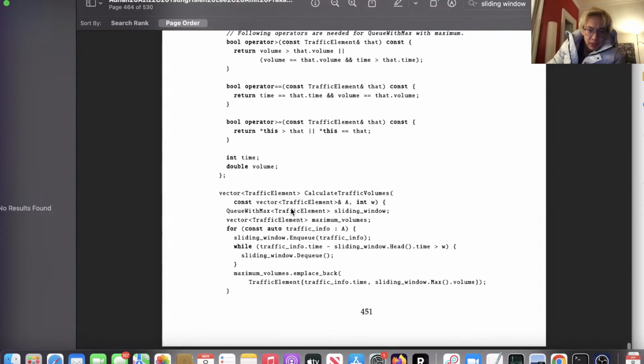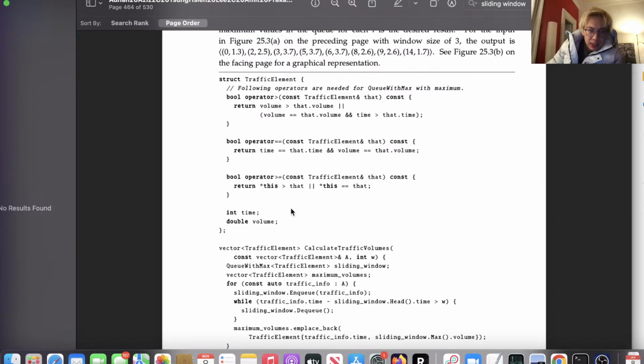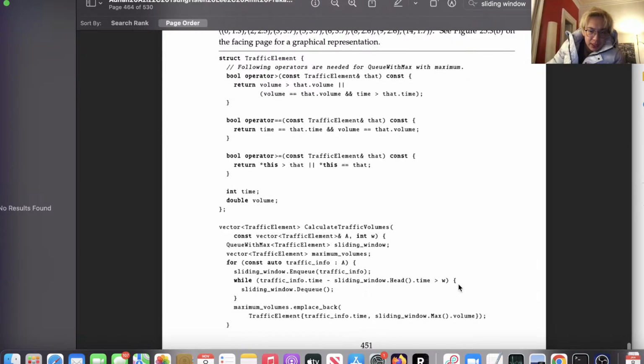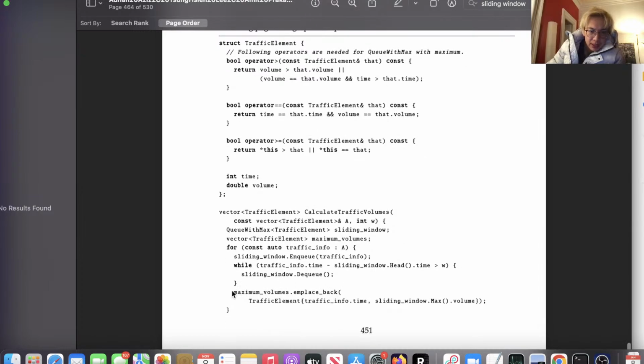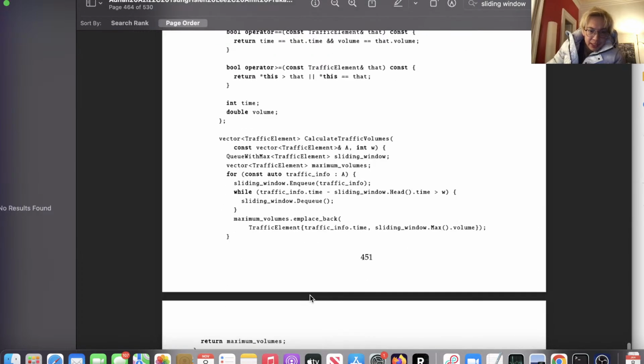Mm-hmm. Okay, so you enqueue elements, and while the time difference is greater than w, you dequeue elements, then emplace back the traffic element of the time, and then track the max of the sliding window you've seen so far.